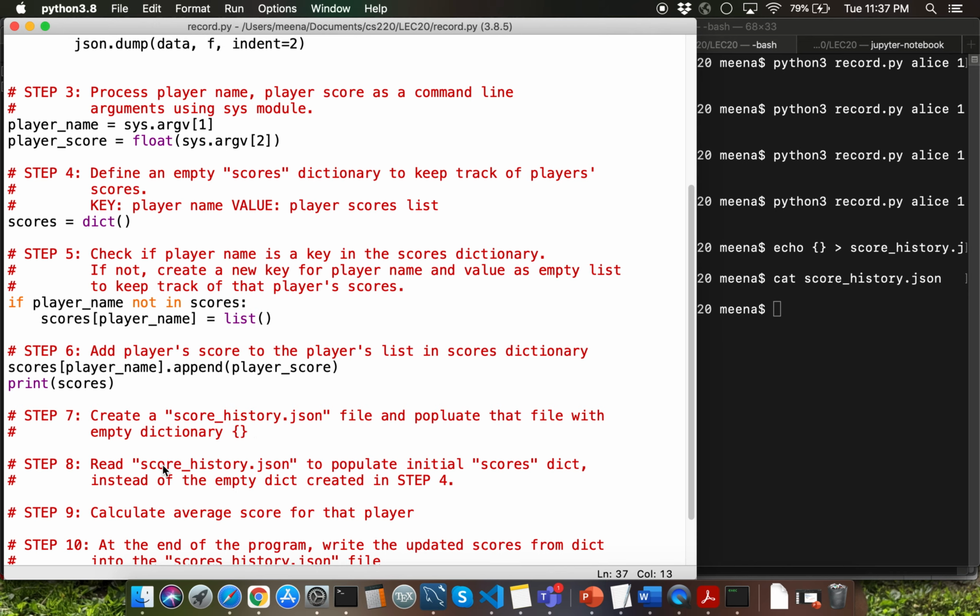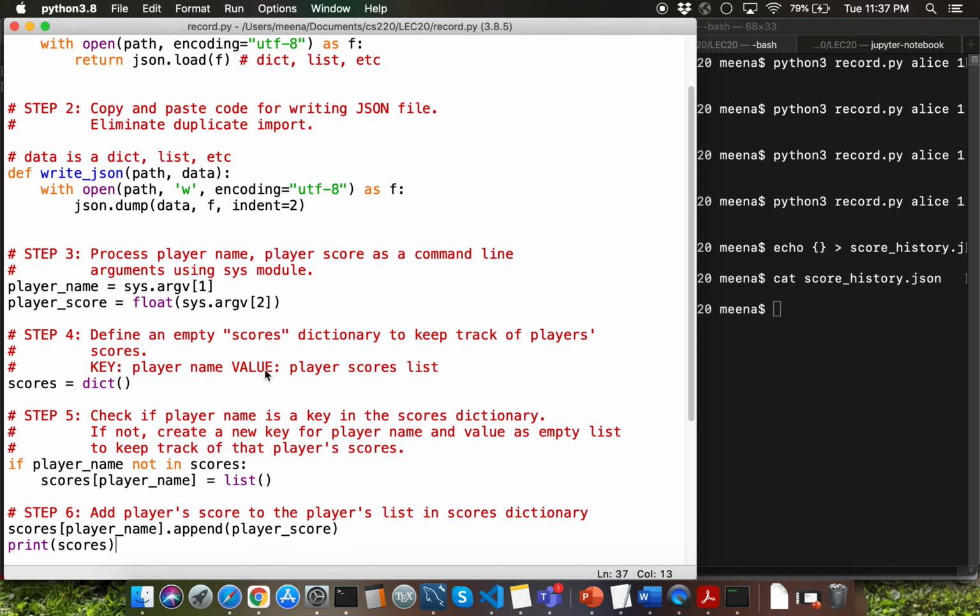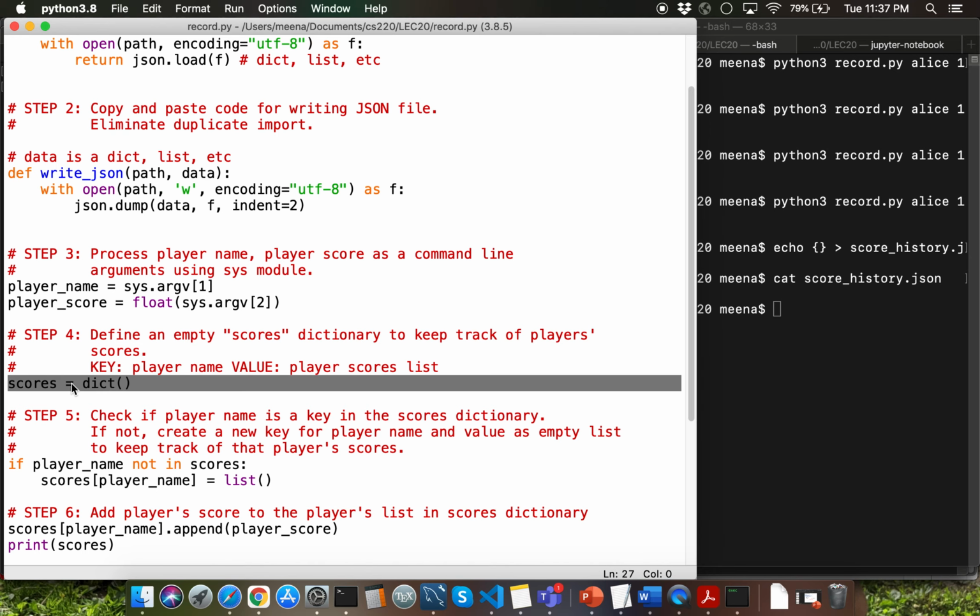Step 8 says read score underscore history.json to populate initial scores dictionary instead of the empty dictionary created in step 4. Let's go back to step 4. This is the place where we are creating the empty dictionary.